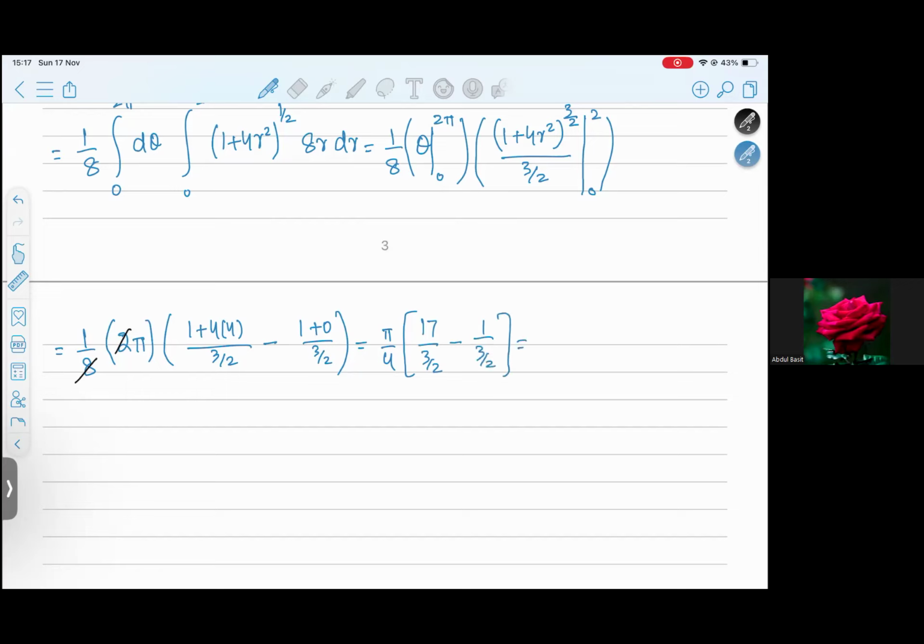I can just take 3/2 outside, which will make it 2 pi over 12 into 17 minus